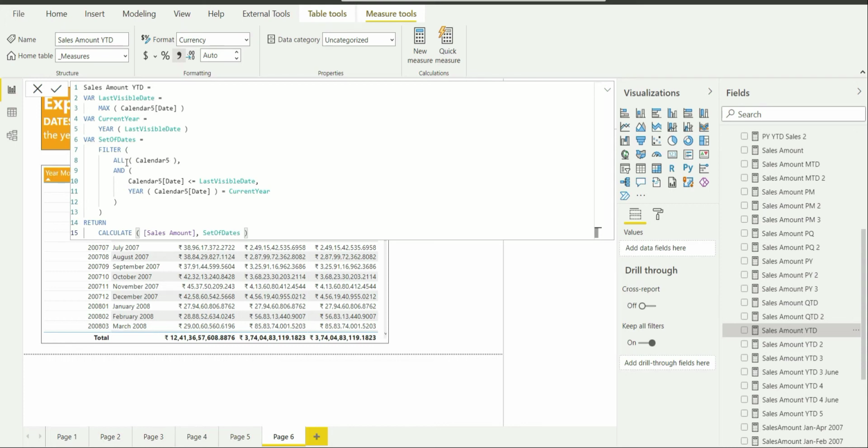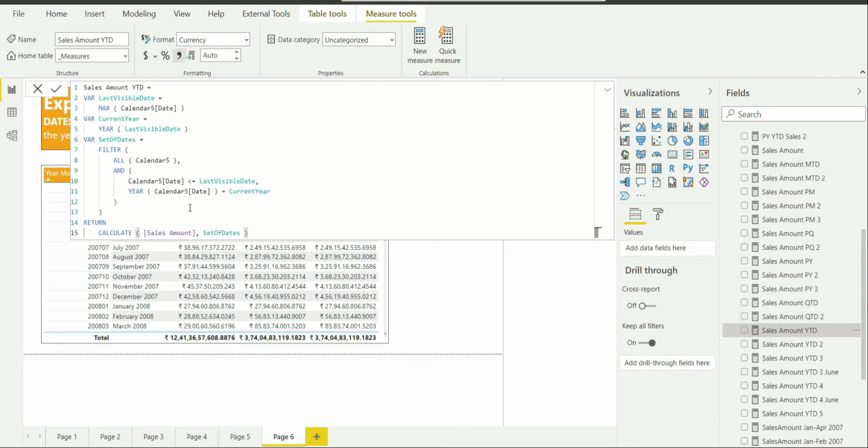Then I am using the AND function, in which I have two conditions. The first is that all the dates of calendar 5 should be less than or equal to last visible date.